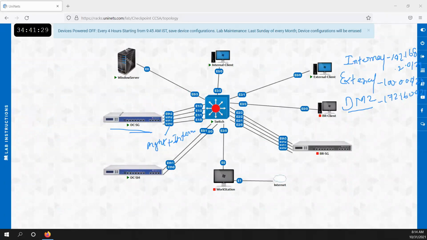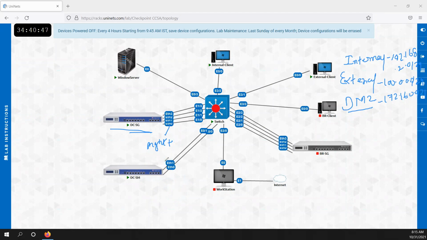Similarly, here on the DCSM side, this is Ethernet 0, which I would use as management, MGMT. And Ethernet 1 I would use as a backup management. So later, if Ethernet 0 fails, we can access through the backup management. Or you can say that if this link, which is E0/0, fails, we would still have connectivity, so we can use Ethernet 1 as a backup management.